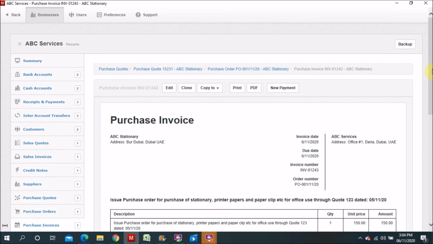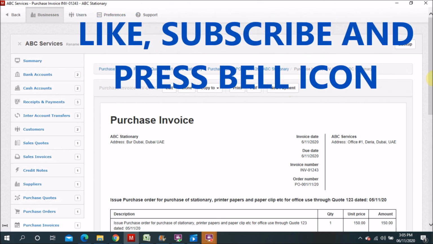So this software is very useful, and you can see that it's very easy to make purchase code, purchase order, and purchase invoice. Very easy. And then from here you can see the new payment. From here you can do the payment also the way you want. For example, if you want to make a payment by cash or check, the next procedure you can do that. So this is today's topic.